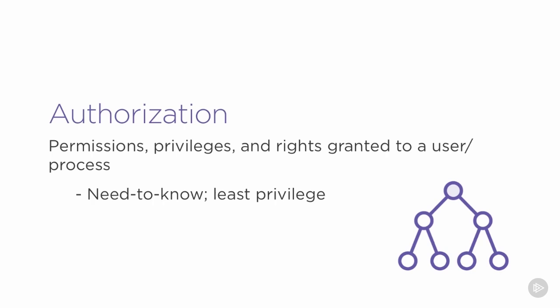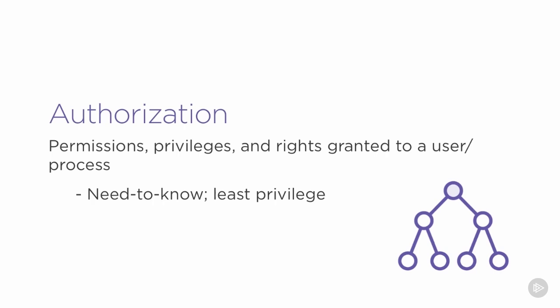If a person doesn't need to see it, don't show it to them. For example, we all see that today with credit cards. You go and you make a purchase in a restaurant. At the end of the meal, you pay, for example, with a credit card, but that slip of paper that is your receipt does not show the entire credit card number on it. The waiter or waitress working in that restaurant doesn't need to know your credit card number, so we don't show it to them. We obfuscate it, we mask it, and only show, say, the last 4 digits. That's, of course, an enforcement in a very practical sense of need to know.